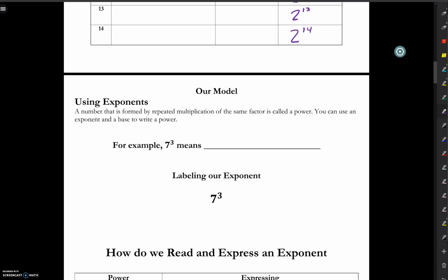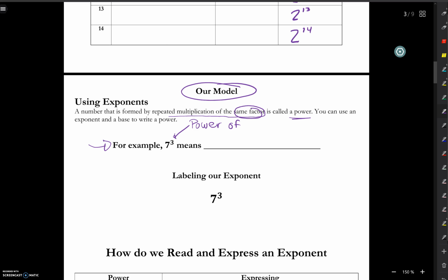All right, now we're going to go on to exponents. And here is our model. A number that is formed by repeated multiplication of the same factor is called a power. You can use an exponent and a base to write a power. So here's our example, 7 to the power of 3. This is how we call it. 7 to the power